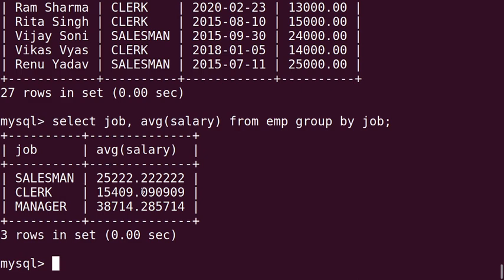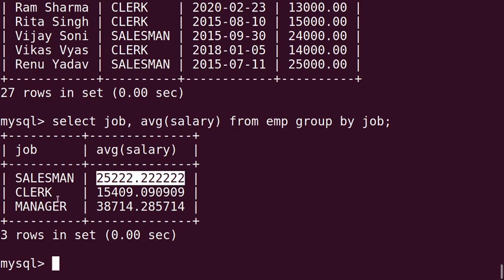So here what is done, within the employee table whatever records are there, they are grouped based on the job values. So here 3 job values are there, salesman, clerk, manager. So all the records will be grouped into 3. Then for all the 3 groups we are calculating the average salary. All the salesman's average salary, if you calculate, that will be 25,222.22, like that.